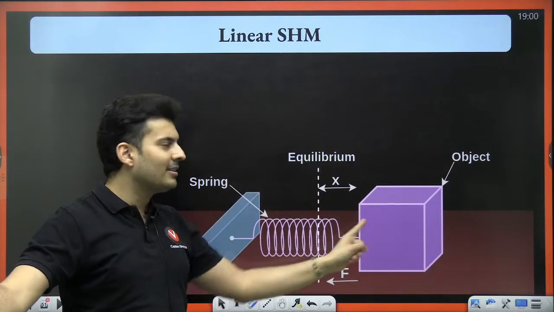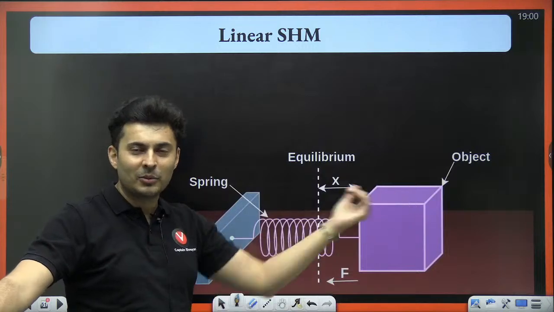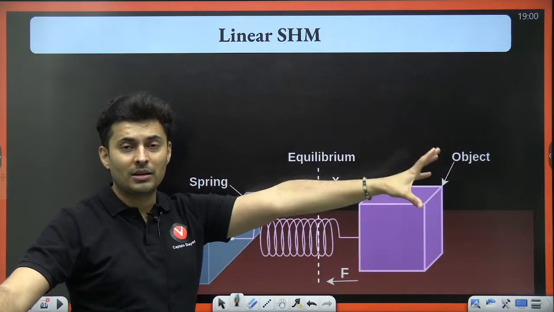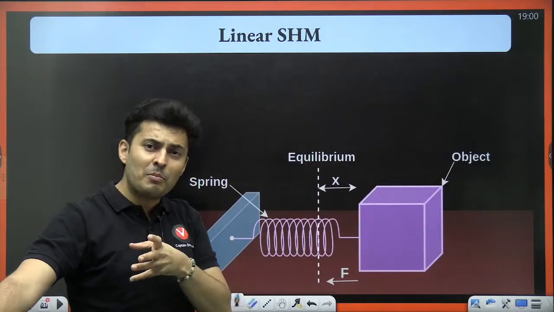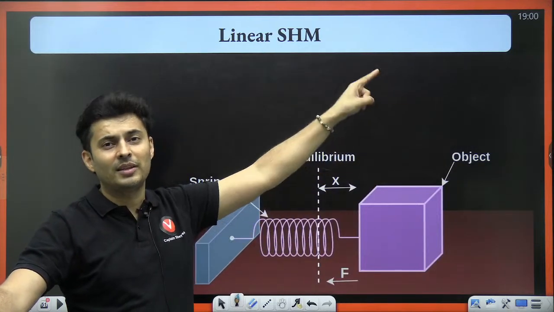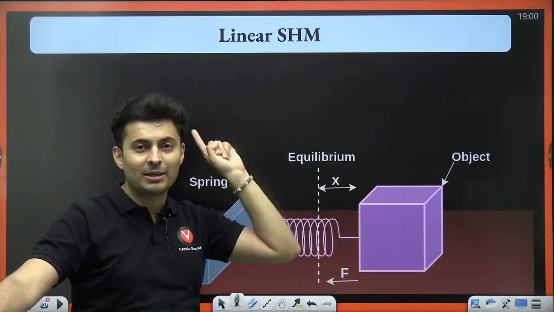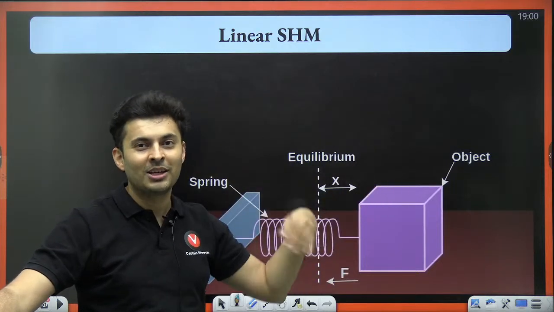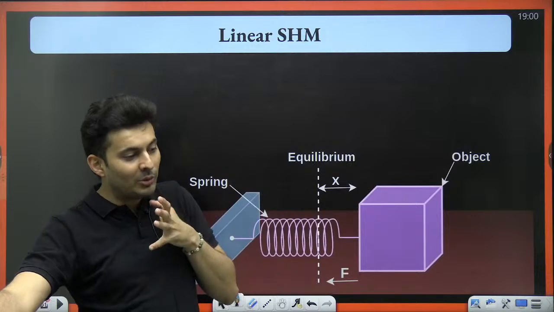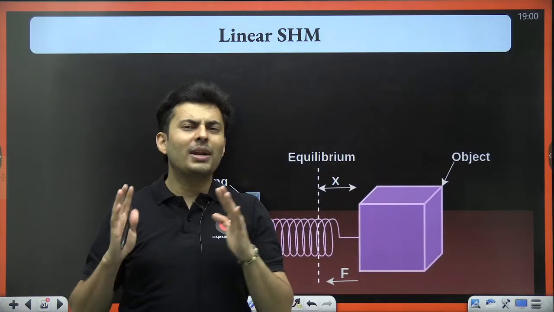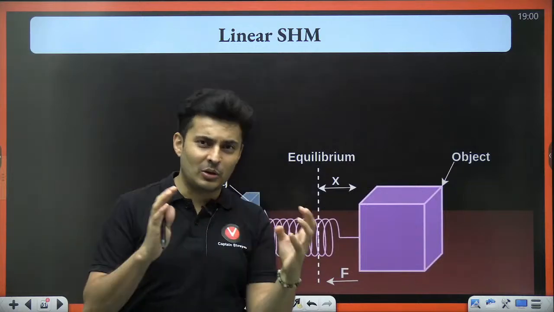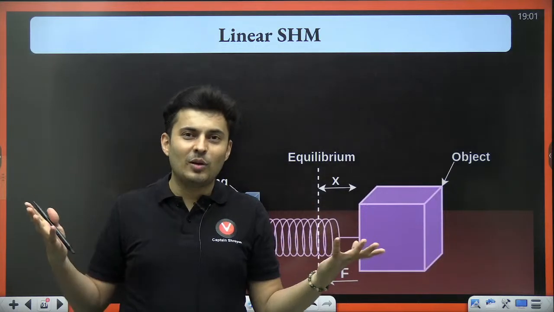So exactly the same thing is happening over here. When the spring gets elongated, the mass is pulled back, and when the mass comes very close, the spring gets compressed, and again the spring will push off that block. So it keeps on oscillating because of the restoring force. If you go away, it pulls it back. If you come too close, it pushes it away. That's the primary reason for anything to go back and forth, oscillate. Only then it will oscillate.